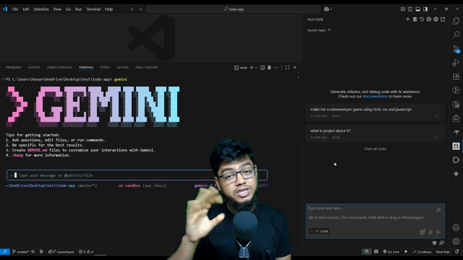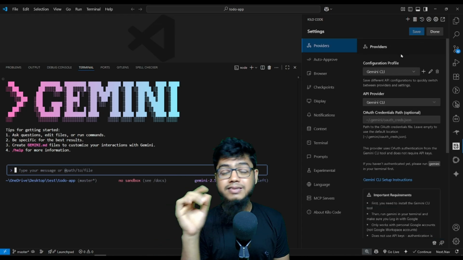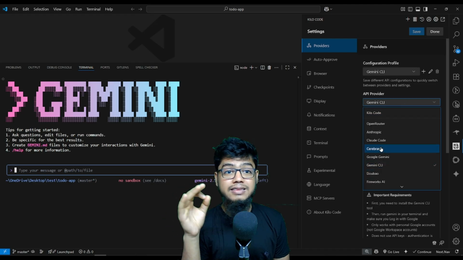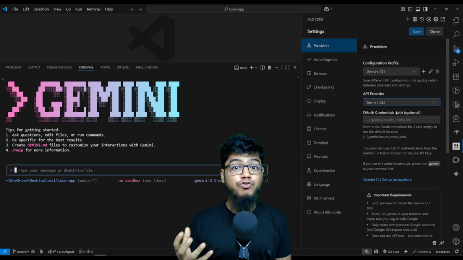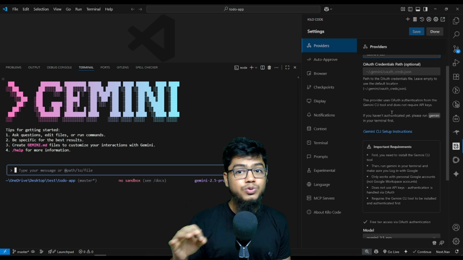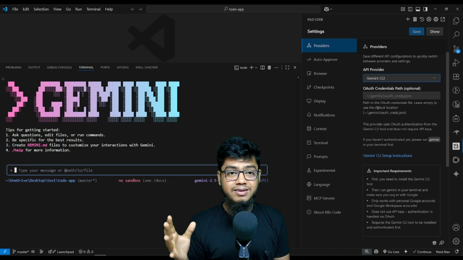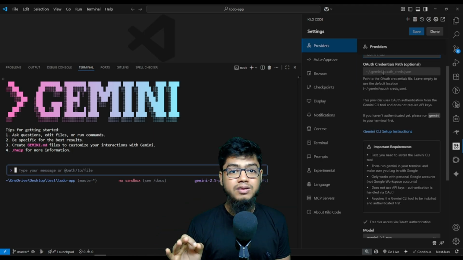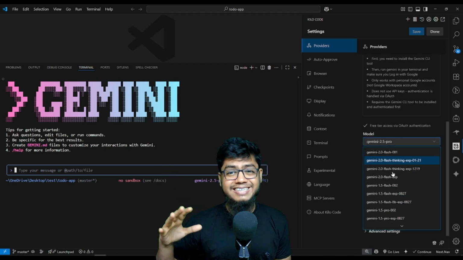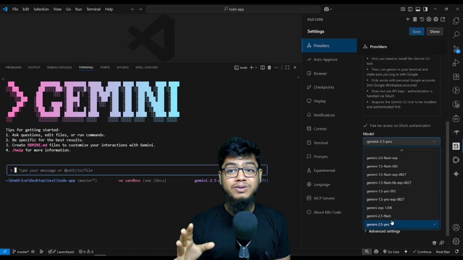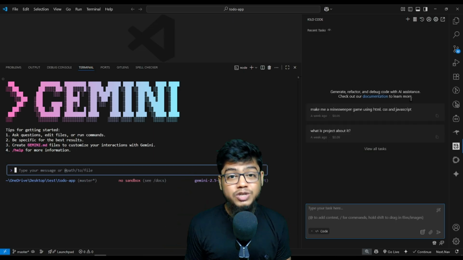Let's start with KiloCode. Open it, head over to the settings and select Gemini CLI. That's it. It will automatically use Gemini CLI from the configured path. Pro tip: if your Gemini OAuth config file isn't in the default location, just enter the path manually. Once configured, pick your weapon. The best model hands down is Gemini 2.5 Pro. It's the sharpest tool in the shed. Now KiloCode is ready to use